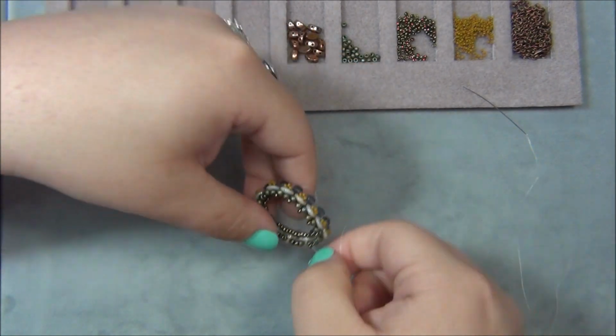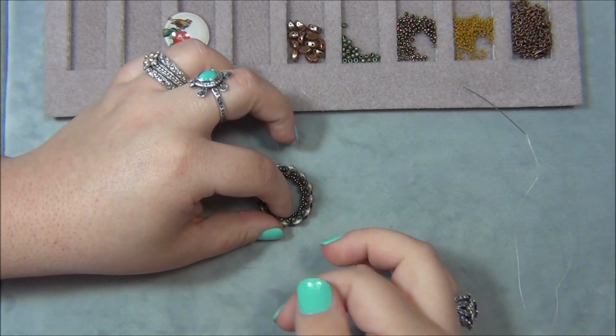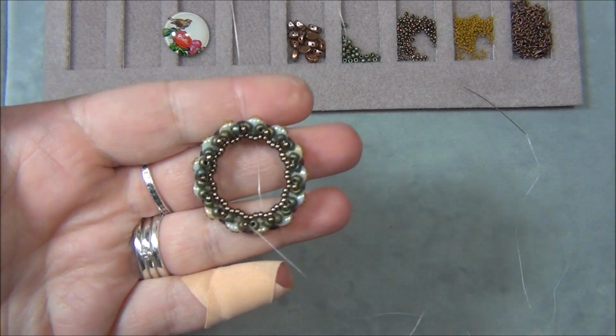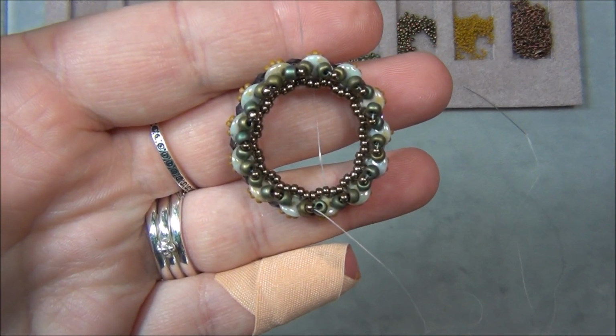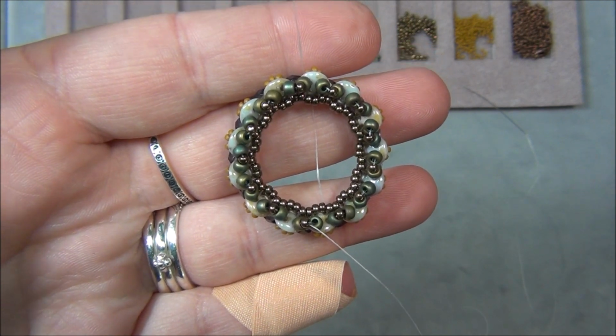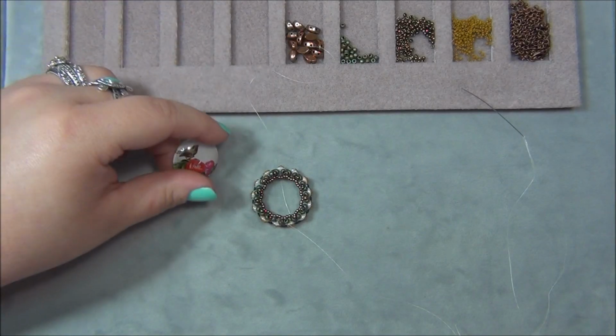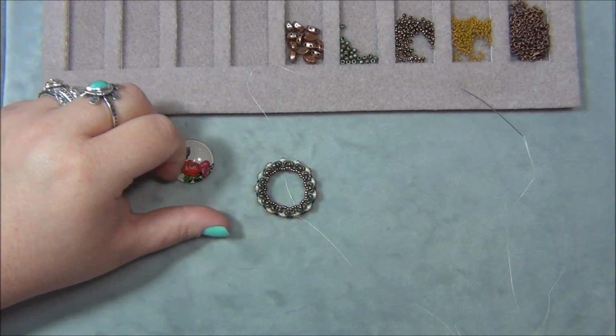Okay, so pull this tight and lay it down like this. And we have a nice donut. And believe it or not, this donut can be turned into a teardrop shape if you put a teardrop stone in there. Okay, we're going to put our cab in now, and I think I should zoom in for this